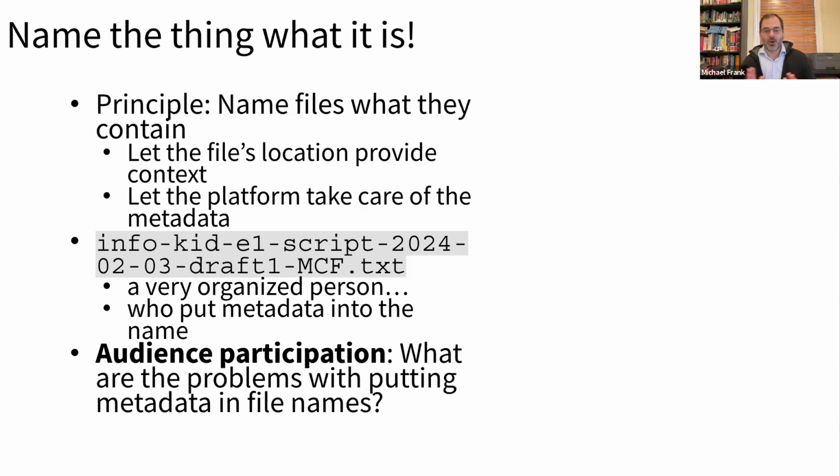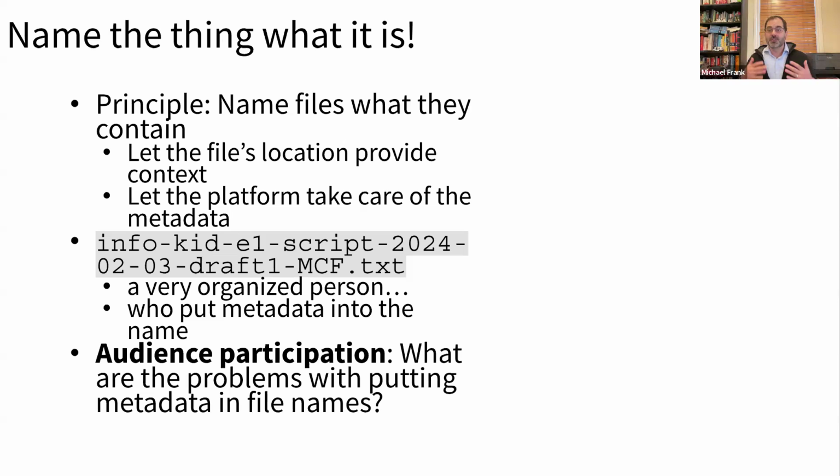So here's just a quick audience participation check. What problems might you see with putting metadata in the file names? It could be wrong, exactly. Yes. So it's not updated. So when I edit this file tomorrow, unless I'm ultra organized, I'm not going to update the name to reflect this. And so the name is going to immediately be wrong. And when I send it to somebody else, do they stick their name on the end? They keep sticking their names on the end forever? Yep. Inconsistency across collaborators from Sylvia, exactly.